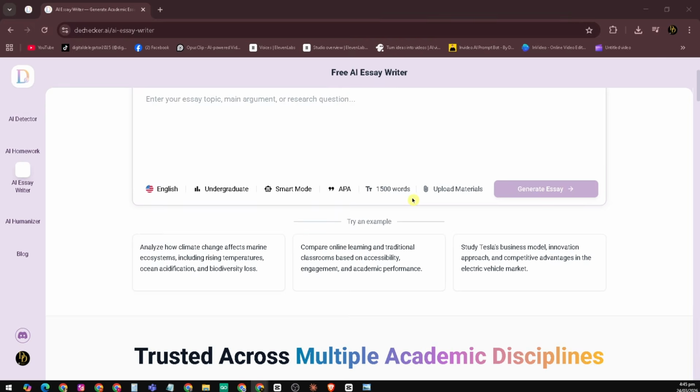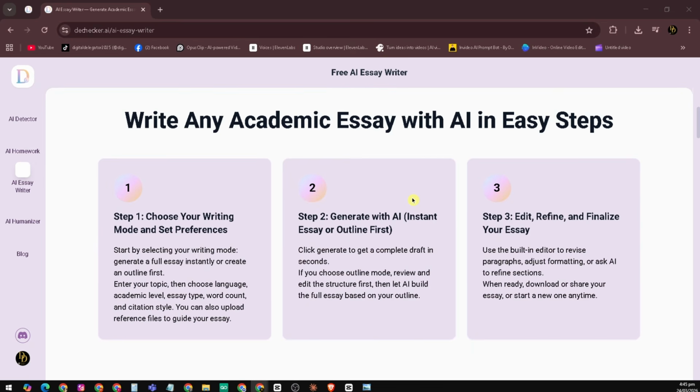Now, let's take a look first, while we're waiting for the result, at why you should choose this AI essay writer. First, it helps you create fast and structured academic writing. You can generate complete essays quickly without sacrificing quality because the AI automatically organizes your introduction, arguments, and conclusion. It's also very easy to customize. You can choose your language, academic level, essay type, word count, and citation style, so you get exactly the kind